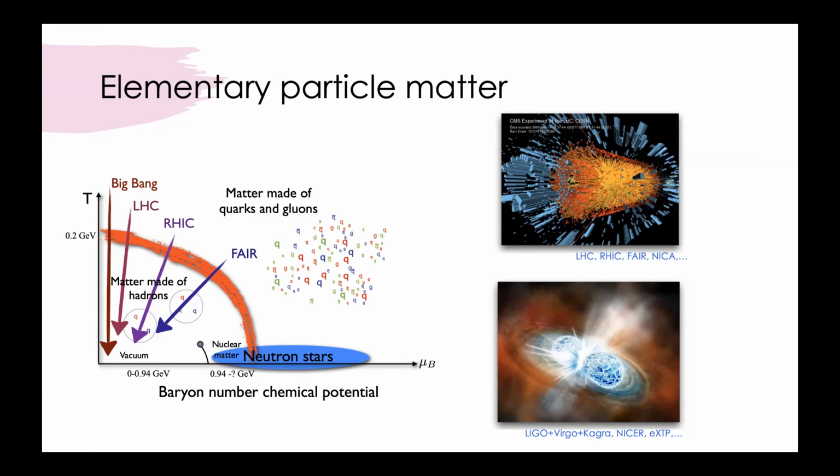And that has been brought to us by the tremendous evolution and tremendous advancements in observations of neutron stars, starting from radio telescopes to X-ray astronomy, and of course to multi-messenger astronomy and gravitational waves coming from mergers of neutron stars. And so this talk will concentrate on the questions that we can ask and answer by looking at the neutron stars here in the low temperature part of the phase diagram of QCD.